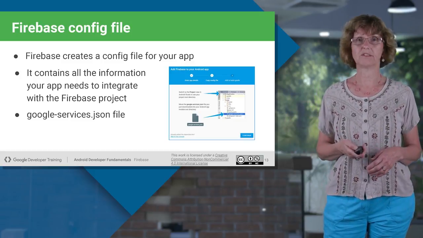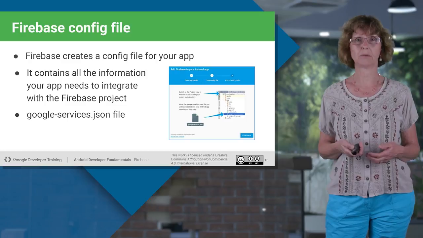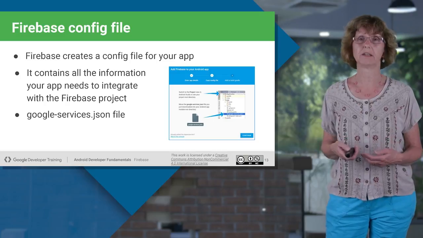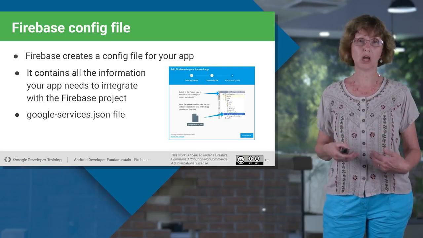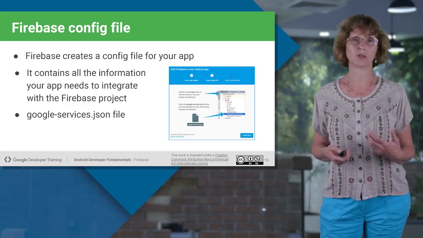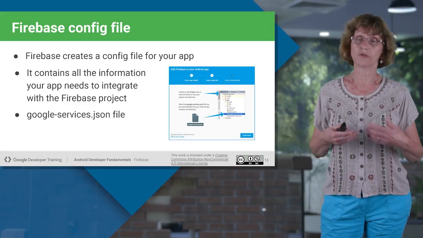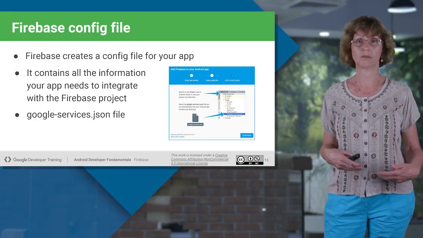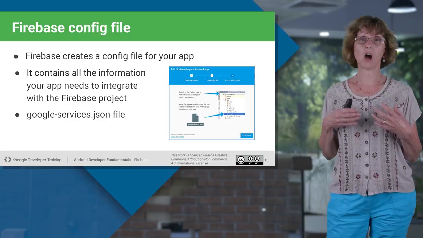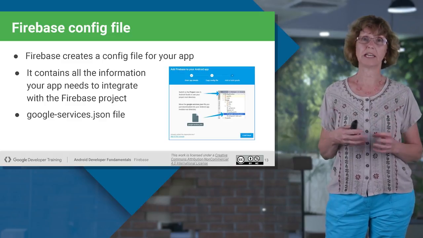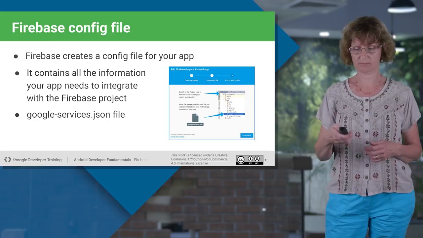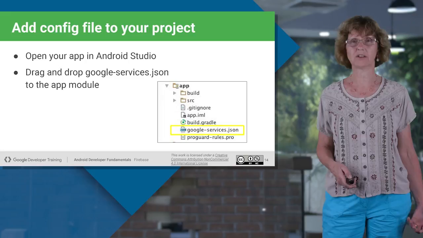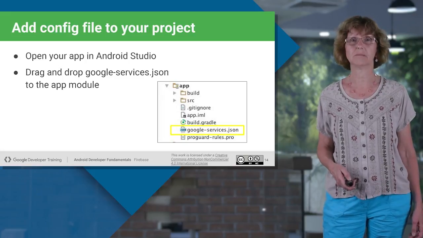So what happens is that Firebase creates a config file for your app, and the config information is based purely on that package name that you provided. And Firebase automatically downloads that config file, which is called google-services.json, through the browser to your computer. So now you have that config file locally on your computer. And this config file contains all the information that your app needs to integrate and connect with your Firebase project. So what you need to do is find that file that you downloaded, find where it is on your local system, and then you simply